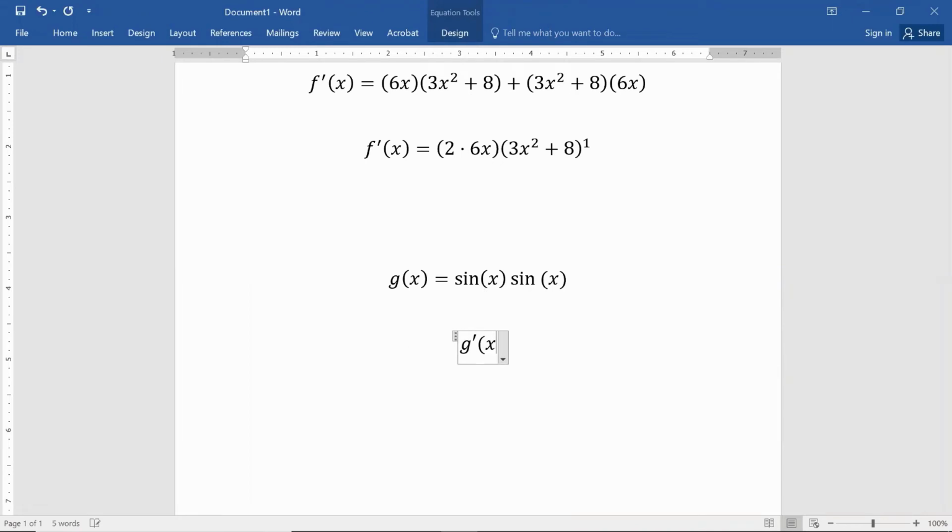Let's take a derivative. Product rule would say derivative of sine is cosine of x multiplied times the normal second function. The normal second function is just sine. So cosine times sine